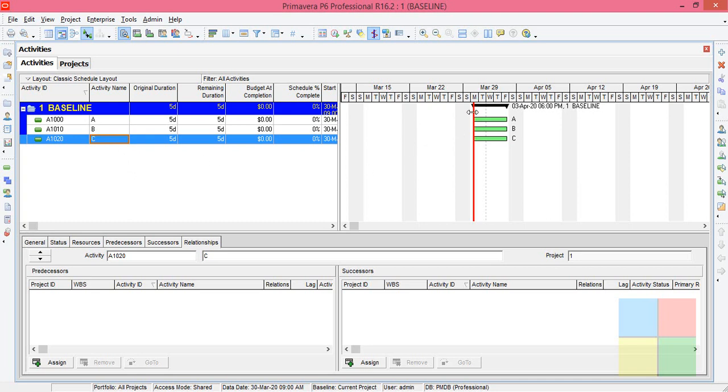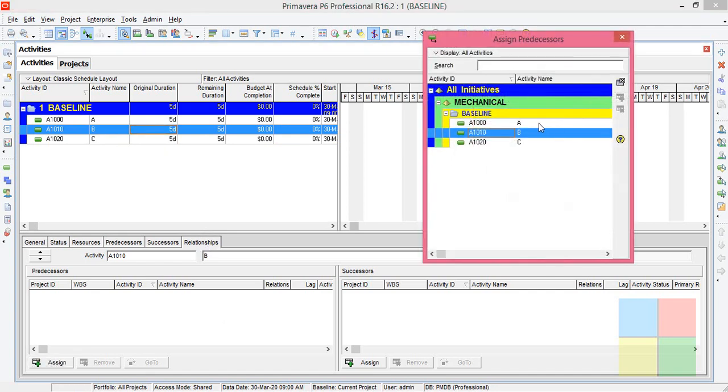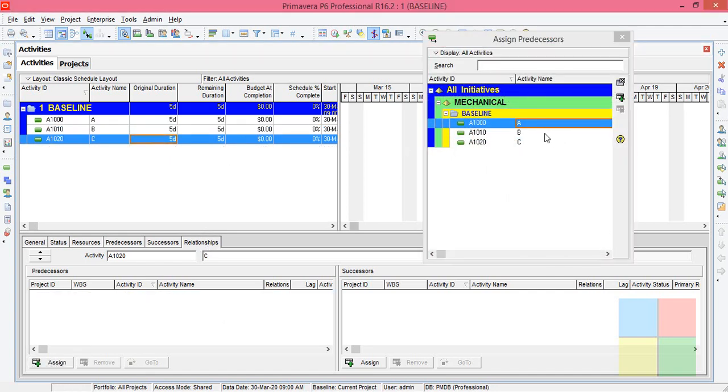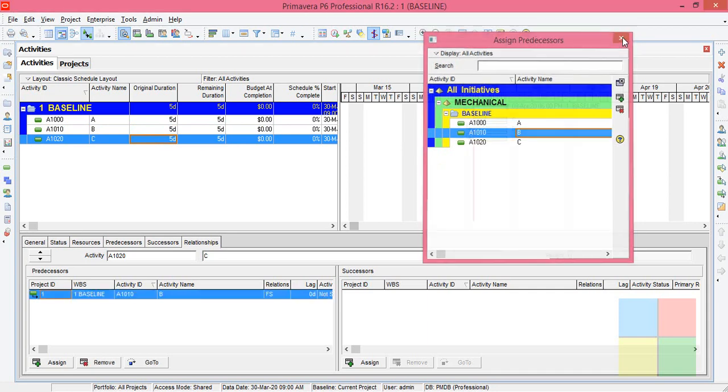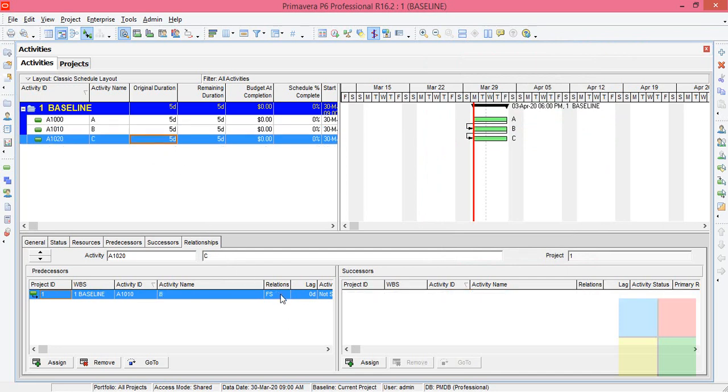So as you can see, the activities are starting on the same day, 30 March, because the activities don't know when to start. So let us assign some relationships. I will assign a basic relationship. Finish to start means after A, B will start. After B, C will start. So go to B, go to relationship, assign the previous activity A. For the C activity, the previous activity is B. By default, we have finish to start relationship even for the C activity. So let us go with the same relationship.